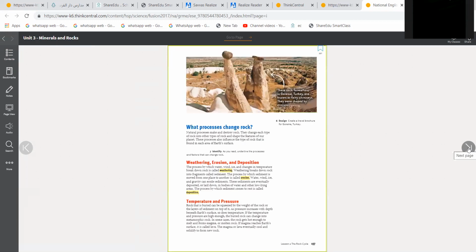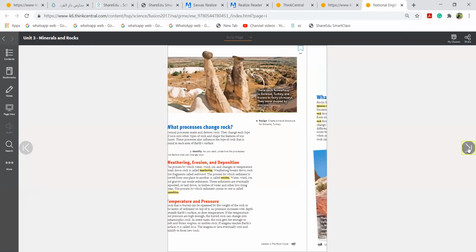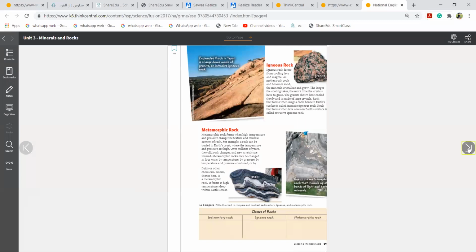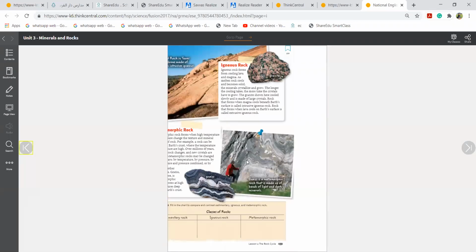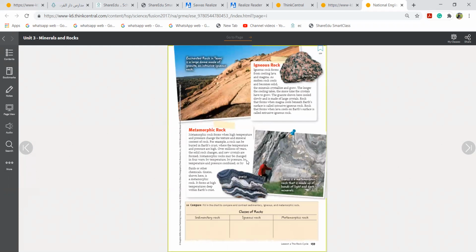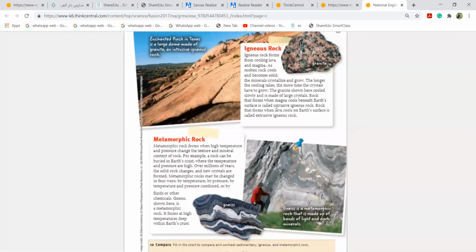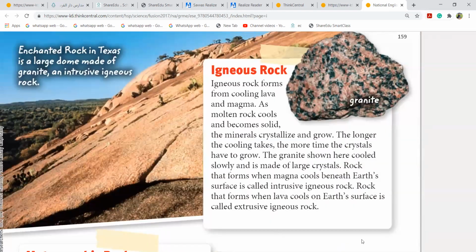Yesterday we studied the difference between metamorphic, sedimentary, and igneous rock. I told you about extrusive and intrusive, but I did not give you the examples. The major example you have to know about igneous rock is granite, girls. Remember that. The name is granite, and please highlight. Where? Page 159. You need to take page 159